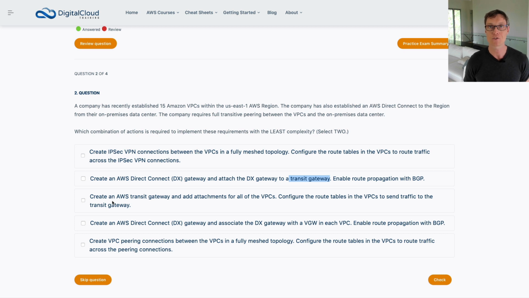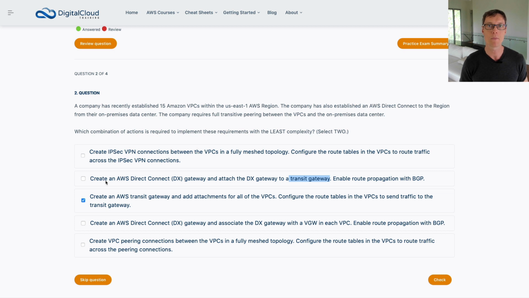Now the transit gateway solves that problem of complexity with VPC peering connections and the lack of transitivity. What it means is you connect all your VPCs into the transit gateway, update their route tables, and now they can transitively route between all of the different VPCs. So that's a really good solution. It gives us those transitive connections between the VPCs within AWS. So that's great. And then this solution here seems to complete things, because what it does is allows you to